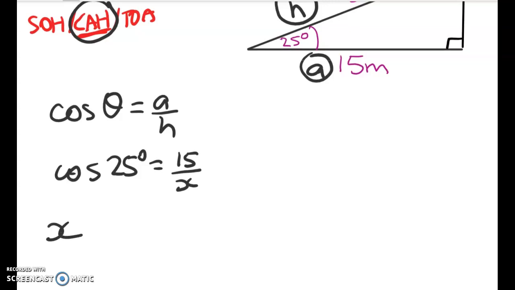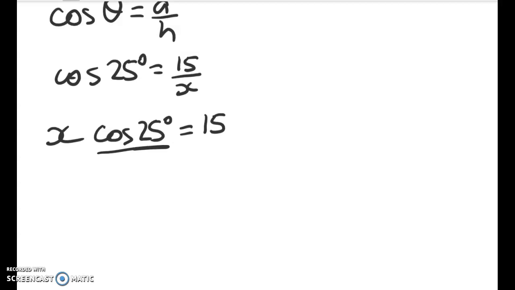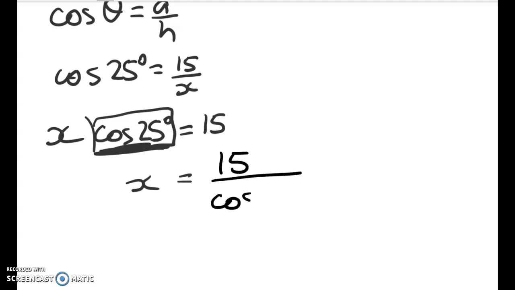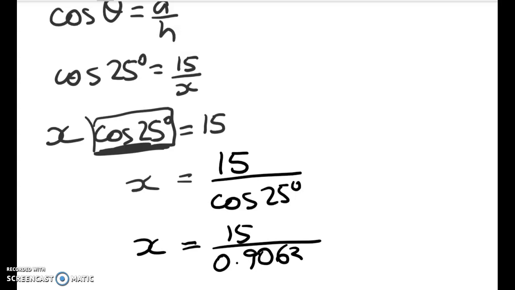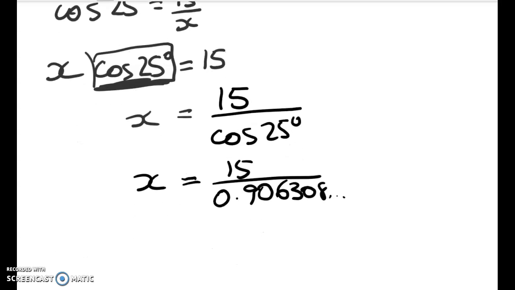We multiply both sides through by it, and we get X cosine of 25 degrees is equal to 15. Next, we divide both sides by cosine of 25. That leaves us with X is equal to 15 divided by cosine of 25 degrees. So X is equal to 15 divided by 0.906308. That gives me a final answer of X is equal to, I think I get 16.6